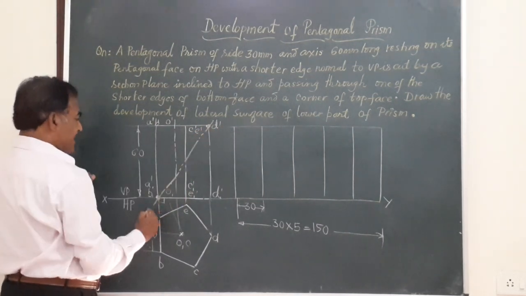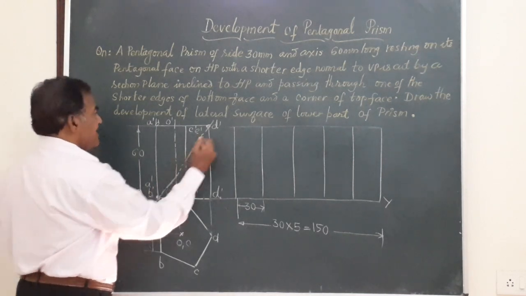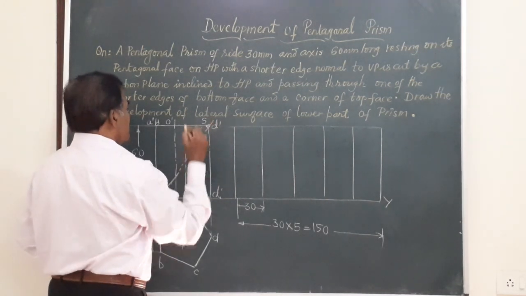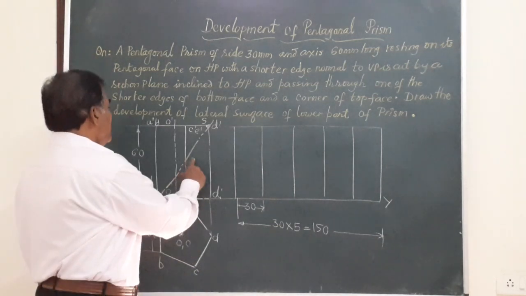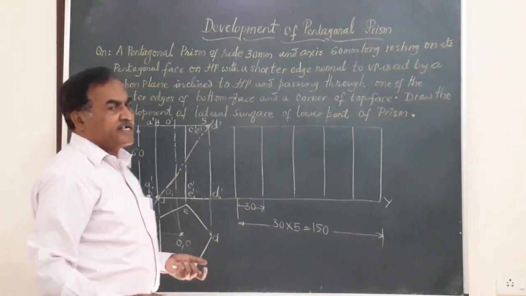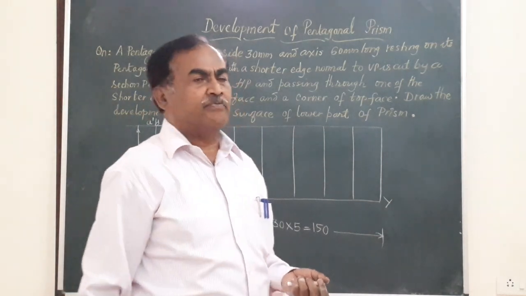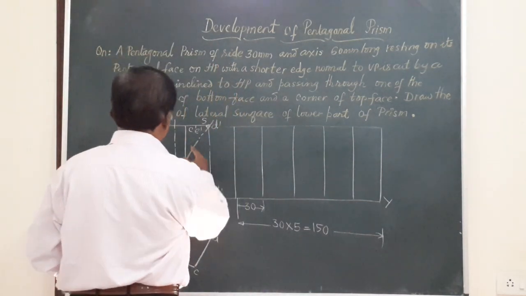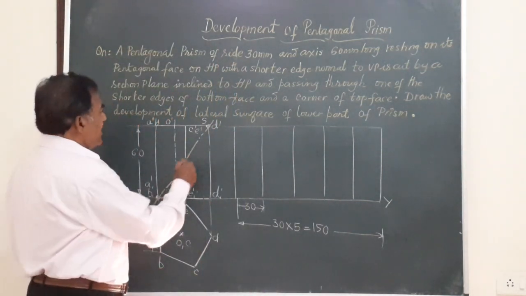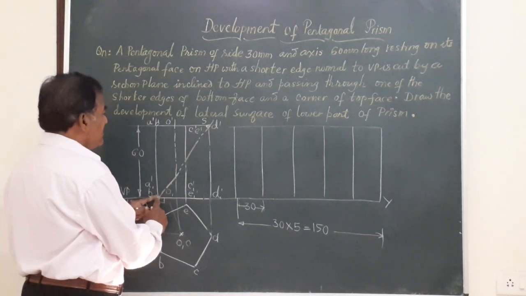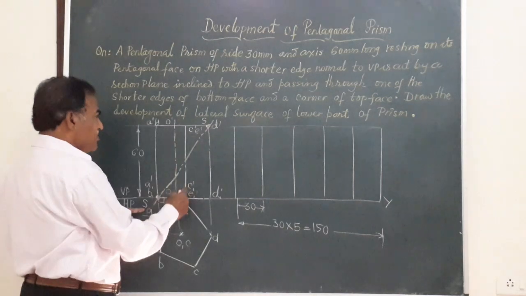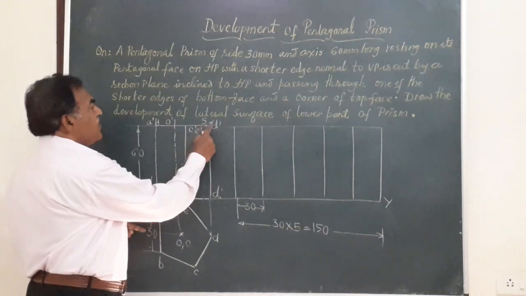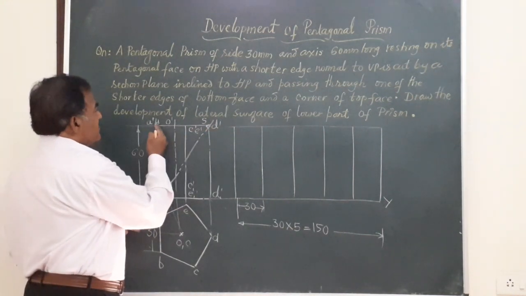So this is a straight line. I will mark the section plane as SES. This section plane, friends, is inclined to HP at this angle, and if you are interested to find out what angle it makes, you can also find that by measuring this. It is passing through the base edge, cutting the vertical edges C dash E1 dash, E dash E1 dash, and passing through D dash, one of the corners of the top face.